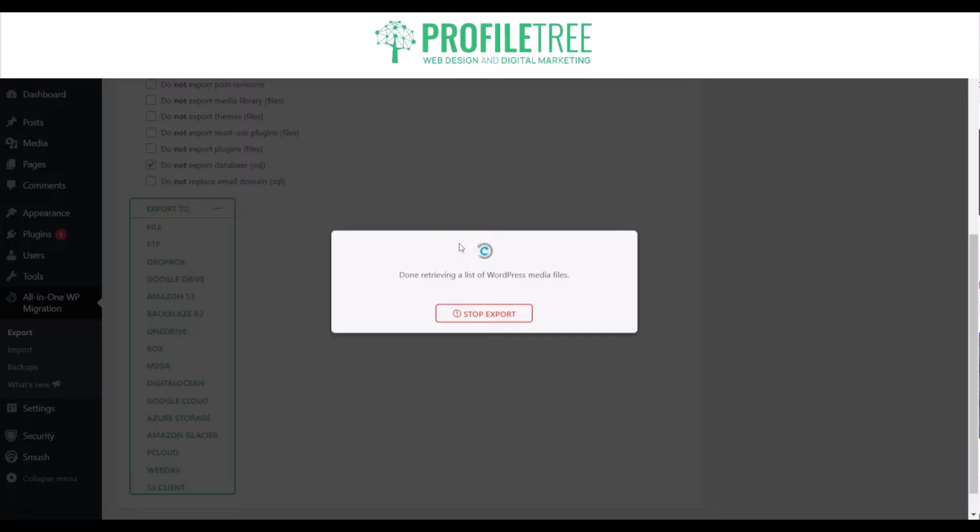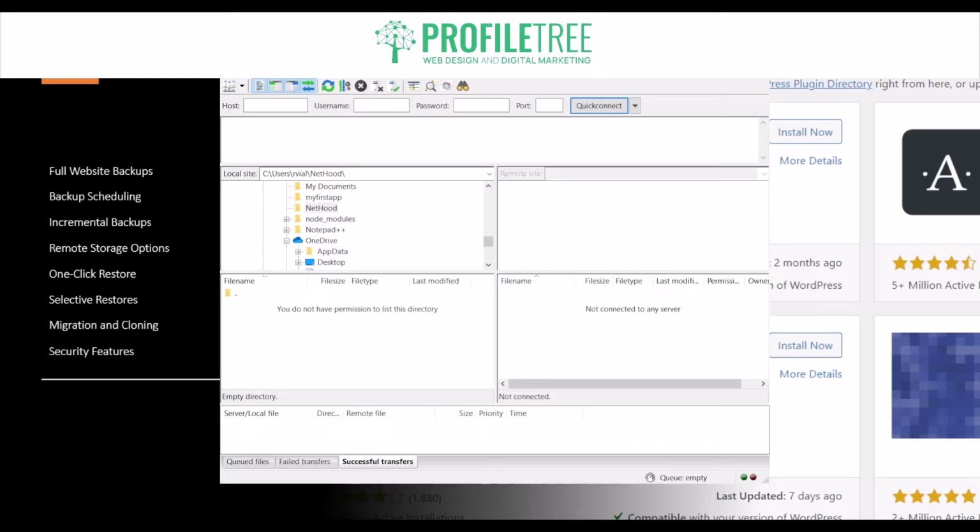So it takes a couple of minutes, as I said, depending on the actual size of the website, depending on the plugins that you have. It will take a good while for it to fully export everything. Now, in terms of this, if it's not working, say the export isn't working on this side of things, what you can use is an application called FileZilla. Now, if you just find the host name and of course find the port, quick connect to it,